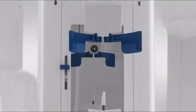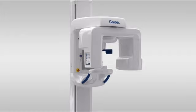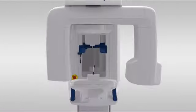Welcome to the GXDP300 training video on positioning for acquiring optimum panoramic or bite-wing images. It's important to familiarize yourself with the various parts of the system. Included are the rotating unit, column controls, touchscreen, easy position items such as the bite rod with attached bite guide,